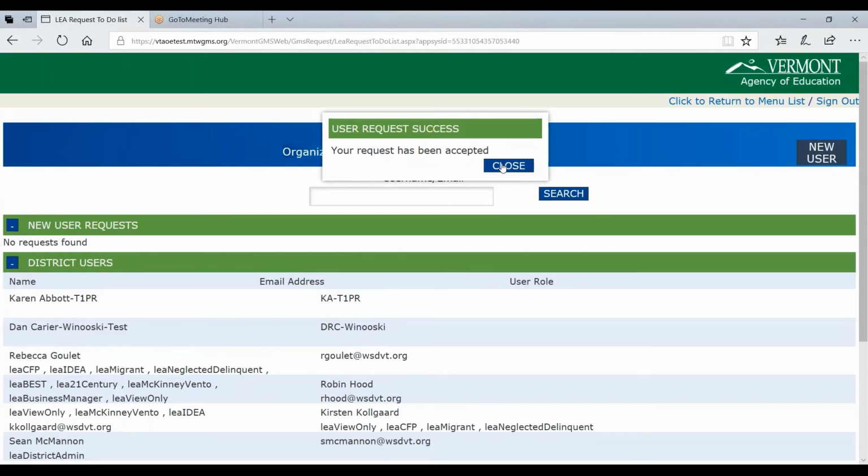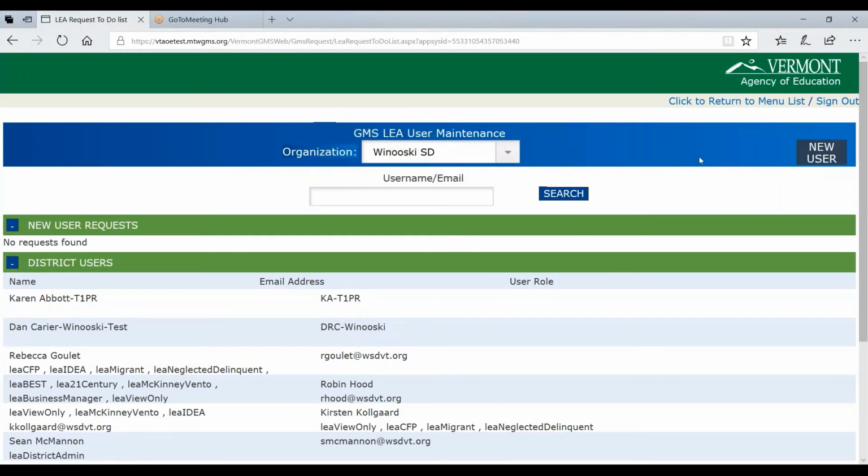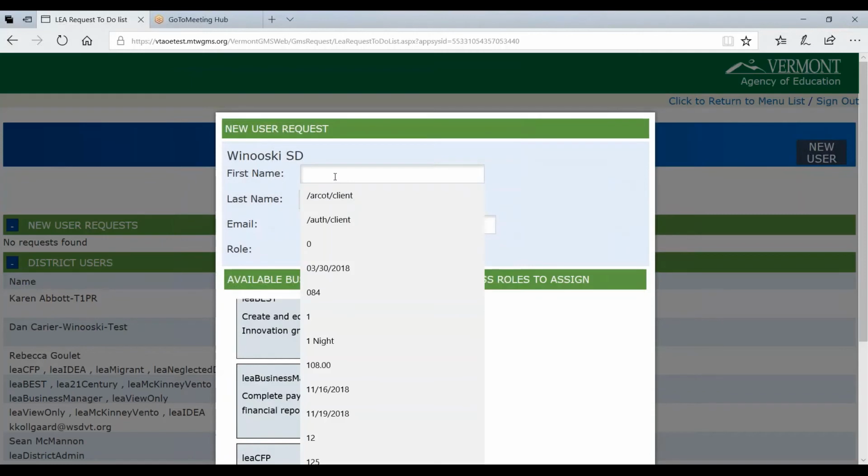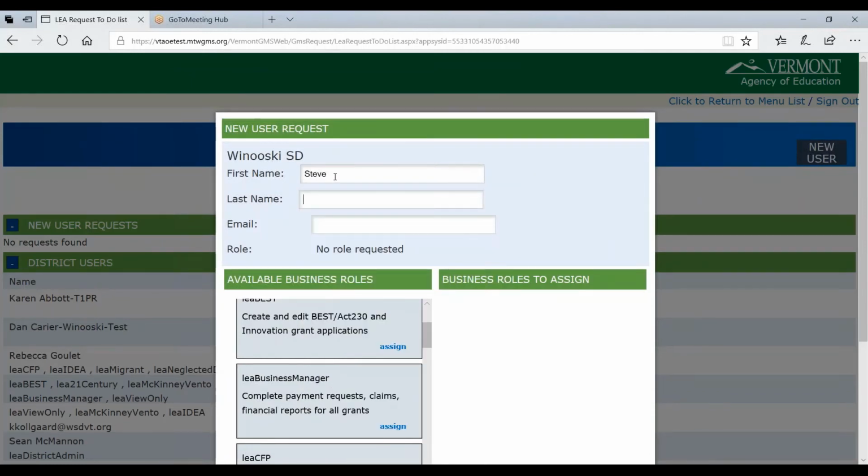Similarly, you could reject requests if the request isn't legitimate. You also have the option of clicking this new user link, where rather than the user clicking on new user, you can initiate and set up credentials for a different person. So I'm going to say Steve Jones and